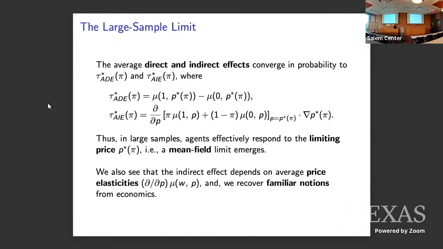So here, remember, mu1 of P is the typical treated response at prices P. Mu0 of P is the typical control response. We're treating people with probability pi. So this is just marginalizing over treatment assignment, your typical response at prices P. This first part measures how, on average, you respond to changing prices, and this measures how prices respond to changing treatment fraction.